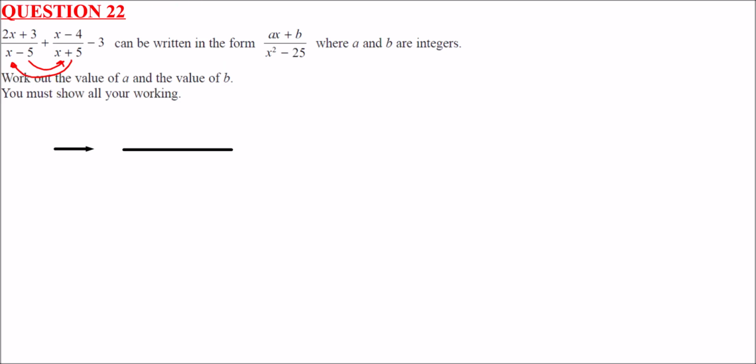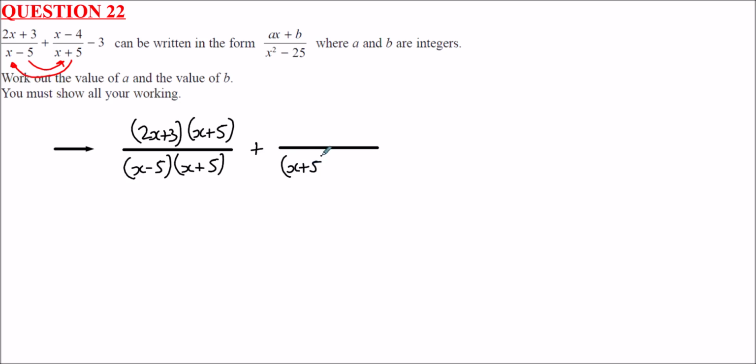So the first one, if I multiply x minus 5 by the x plus 5, then obviously I need to multiply the top by the same as well. So then I do 2x plus 3 multiplied by the x plus 5 too. Then this one, same idea, but this time multiplying both top and bottom by the x minus 5. So this time I'm going to do x plus 5 multiplying by the x minus 5 to its left, and therefore also doing the same to the top of the fraction. So I'm doing x minus 4,